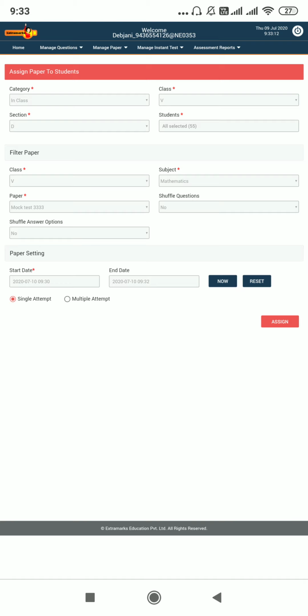Now what you do, again you come to create paper. After clicking on create paper, you come down to the drop down. It is asking whether you want to add a teacher question or an extra marks question. You click teacher question. After clicking on it, you have to fill up certain mandatory fields again, and then you have to choose. All the questions which the teacher has created will come in the drop down. There is a hand like symbol. You click on that hand like symbol, and the question will get automatically added, and then you can assign this question paper to every individual student.